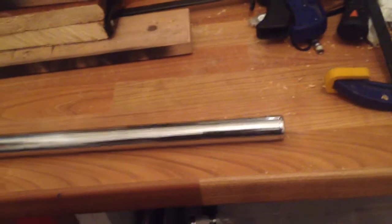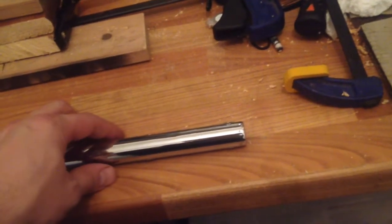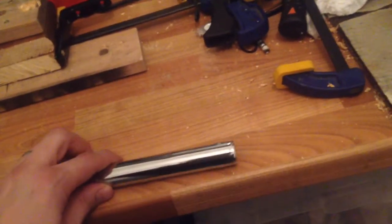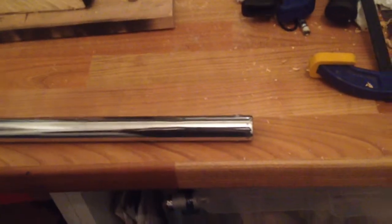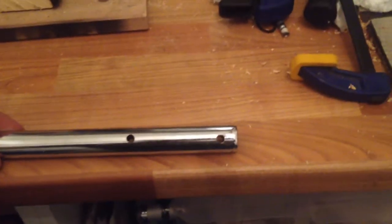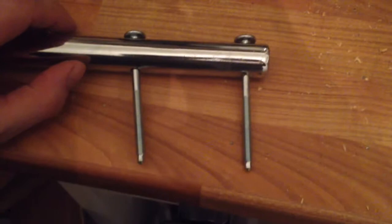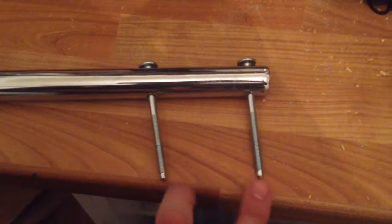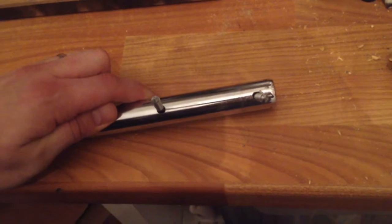Originally I wanted to use some 19 millimeter tube, but I don't have enough, so I found 22 millimeter tube, which is actually way more solid, and that will give me more confidence that everything is not going to fall apart. The hardest bit in this is to drill holes, and as you can see from here, they are not straight. So just to show you how not aligned they are, you can see there's a big difference between the start and the end,